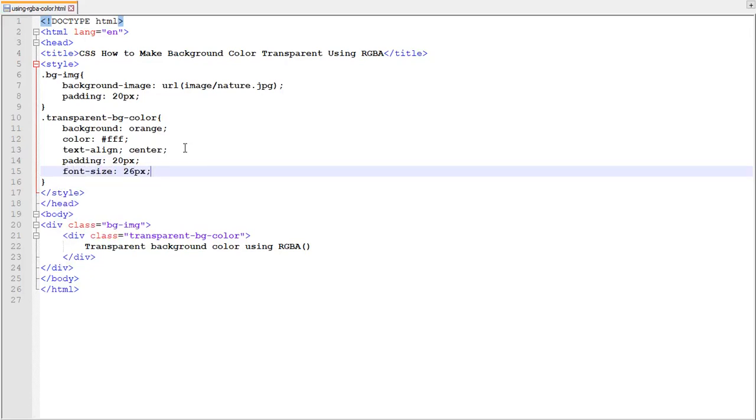When you check it on the browser, you will get a text content with orange background. Now to make the background color transparent, you need to change the color to RGBA.